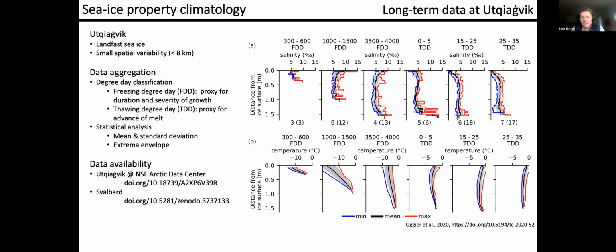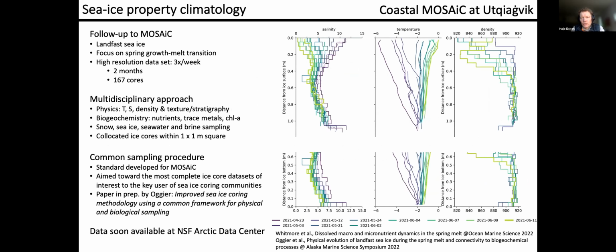One example of that further building out is the coastal mosaic work at Utqiagvik that was supported as part of a project that was meant to collect data at the mosaic camp. I don't know how much you know about this, but there were a number of challenges related to both COVID and other issues that presented a challenge, in particular, for the biogeochemistry team. So there was a very small campaign that was part of an NSF supported project at Utqiagvik that collected a continuous series of data from the late winter ice growth season into the spring, summer ablation season transition and landfast ice. This is the example of the data here.